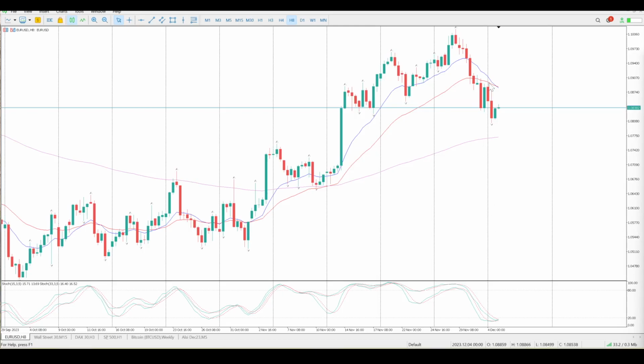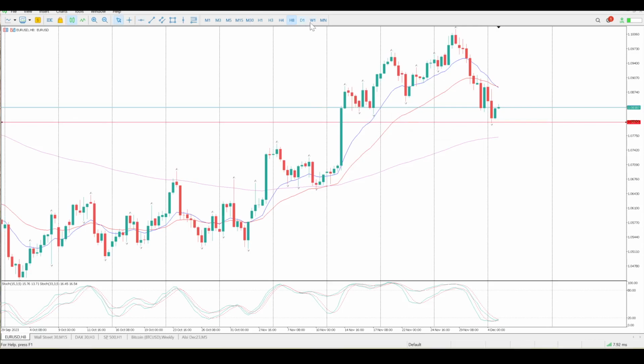So a very interesting bit of structure forming here on the 8-hour. Granted, we have a crossover of the moving averages, but we are still above the 150 EMA. Look at our oscillators, grouped beautifully to the downside. Look here, inside bar, inside bar. So this is playing out as a wedge, potential wedge, and the only other thing that I would want to